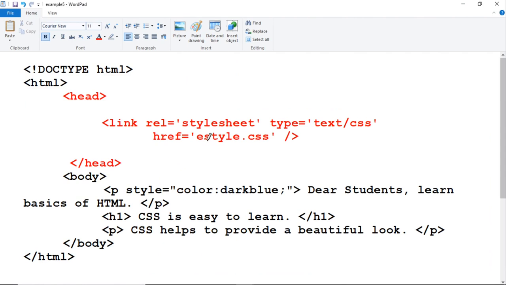We have linked that external CSS file estyle.css using the link element under the head section. In the body section we have 3 elements. For the first paragraph element we are implementing inline CSS to set the color of the text to dark blue, but in the external file we have red color. Now observe the output of this file.